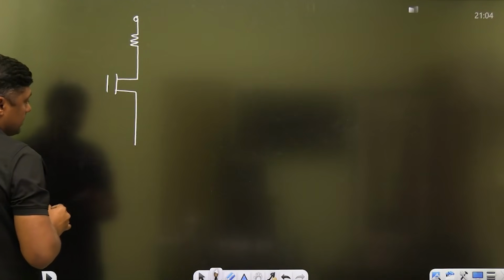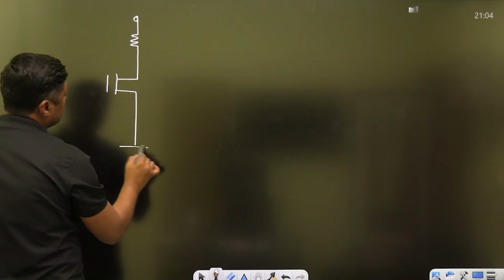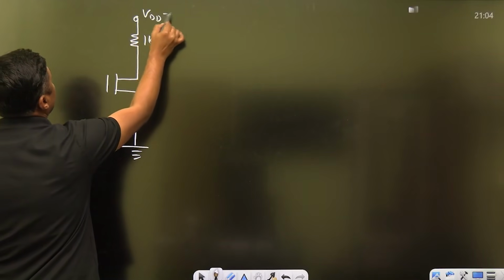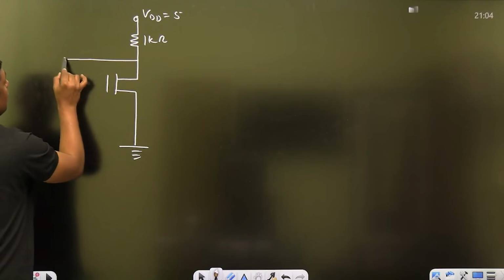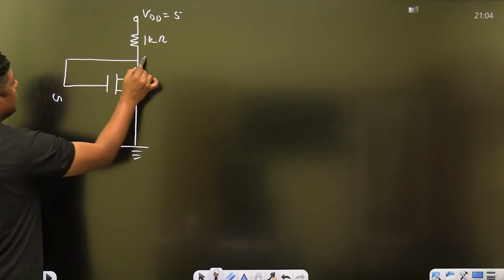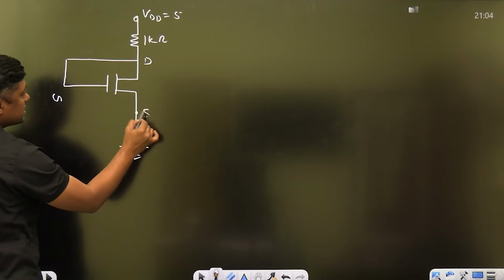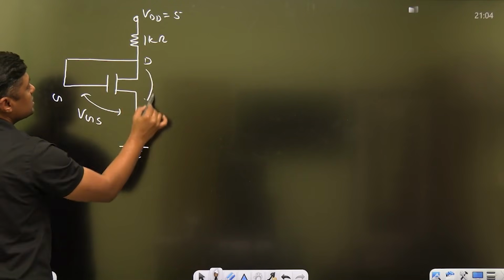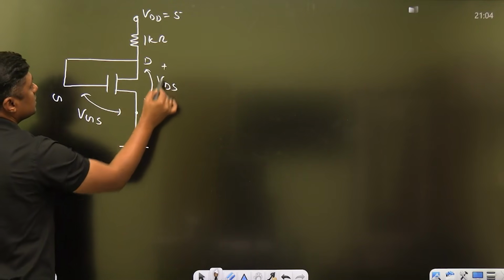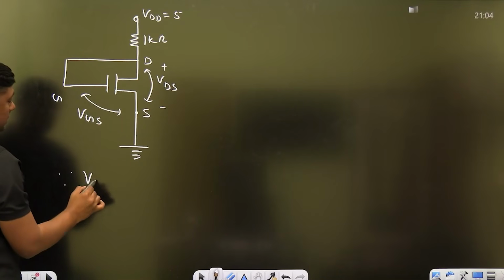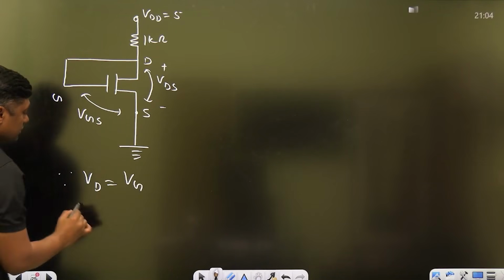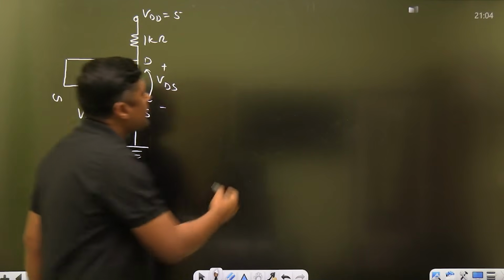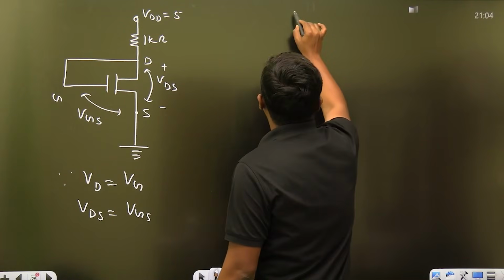Right, this diagram is given. 1 kilo ohm. VDD is given as 5 volt. Once the gate is connected to the drain, always remember, the source is connected to ground. This voltage is VGS. This voltage is VDS. Since VD is equal to VG, means VDS is equal to VGS, right? When both are equal, so VGS